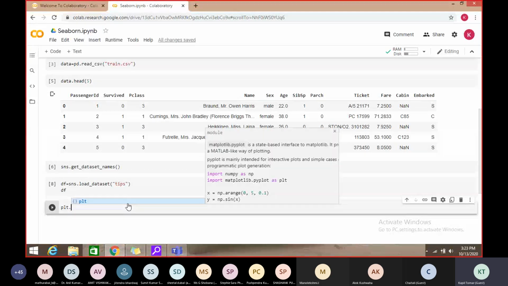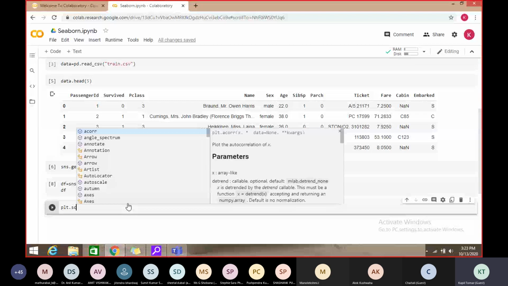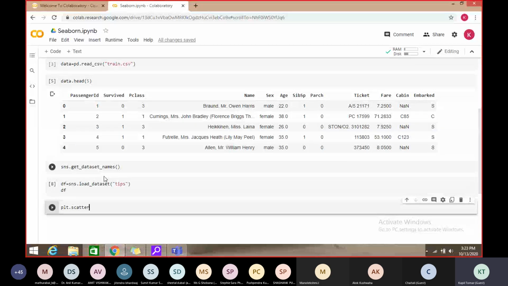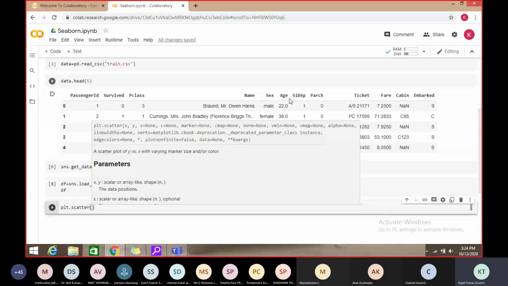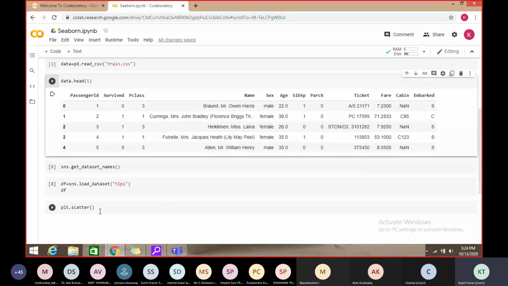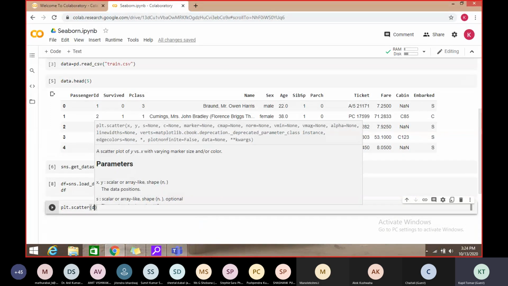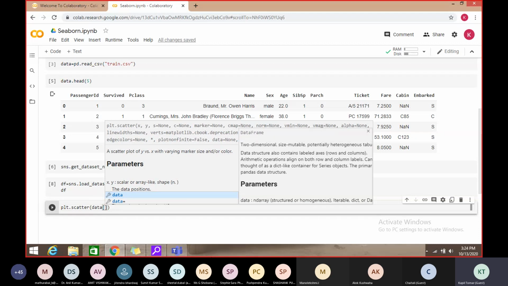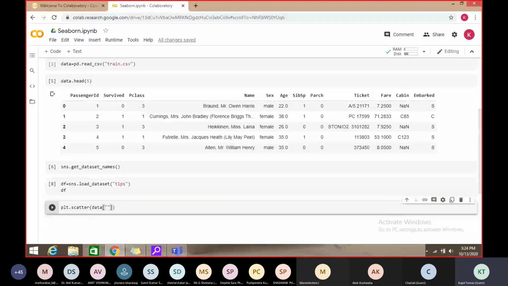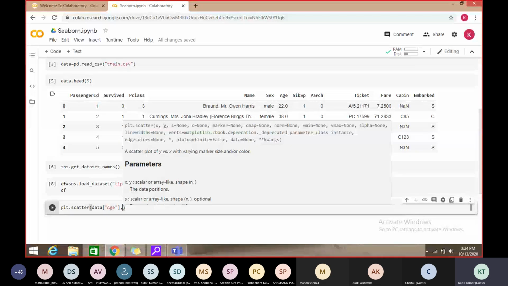Then we will call plt dot scatter. So I'll call the scatter method, and I want to check the values of age with respect to the genders. Then I'll pass these two columns, the first is data and the second is data.